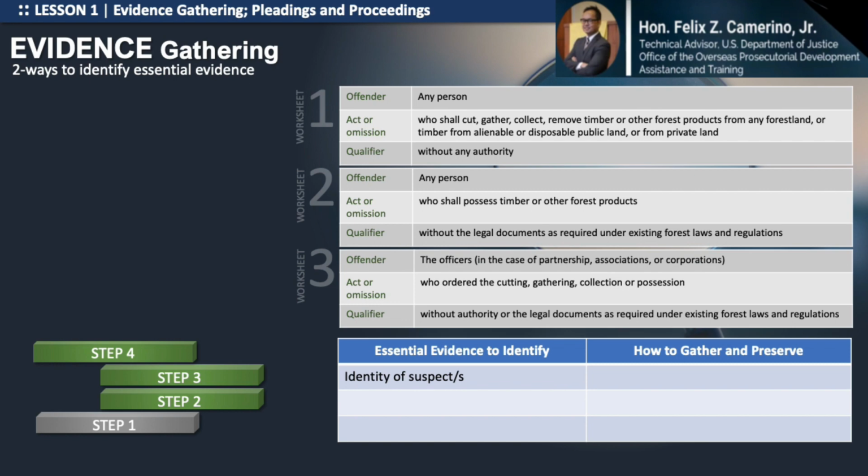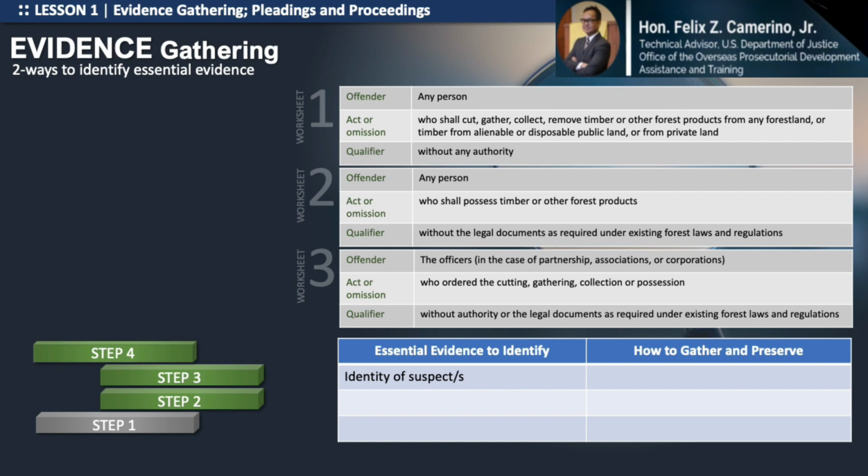The second thing, and again we're going to base it on the elements, is what are the particular activities that we're seeing that show that they are committing those acts, right? Like for example, on the first worksheet, it's talking about an act of cutting, gathering, collecting, removing forest products from any forest land, etc., etc. So we need to be able to identify, I mean, we don't know specifically what those would be yet because we don't have an actual circumstance, but